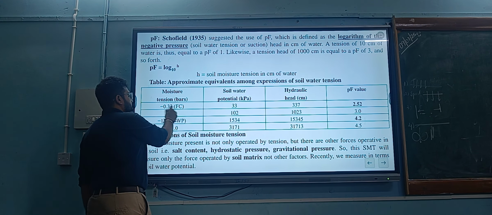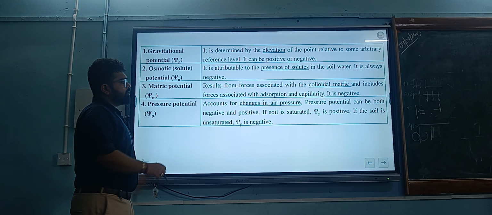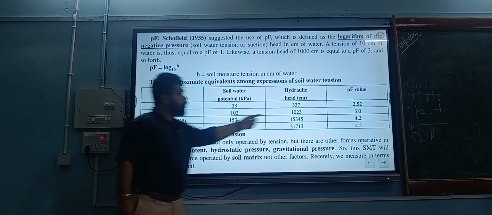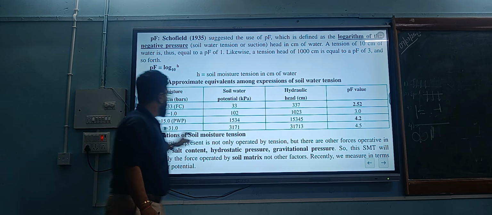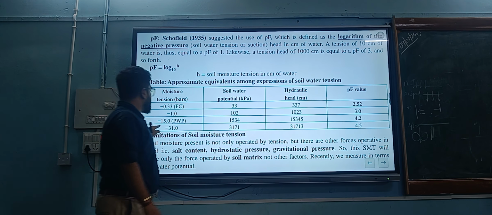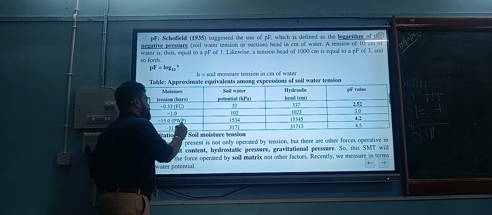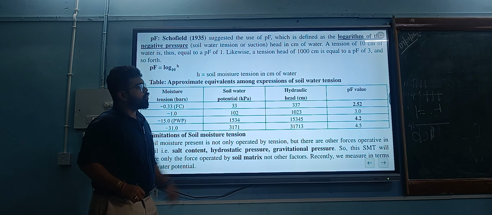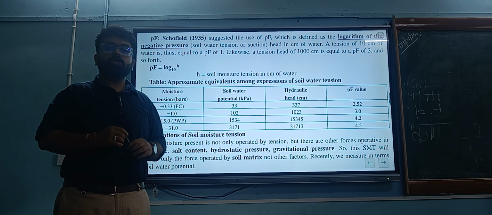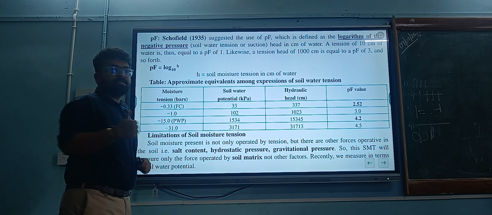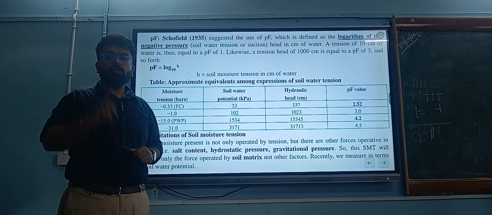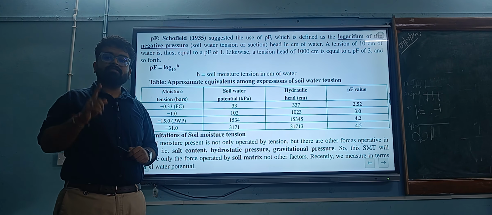At 1, the pF value is 3, which is equal to 1023 centimeters of water column. At the permanent wilting point, the pF value is 4.2, and at the hygroscopic coefficient, the pF value is 4.5. Remember, the pF values are very important from the competitive point of view. The pF value for field capacity is 2.52. The pF value for permanent wilting point is 4.2. The pF value for hygroscopic coefficient is